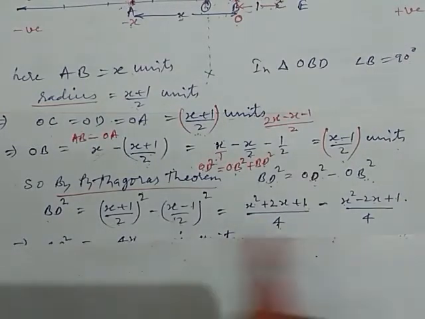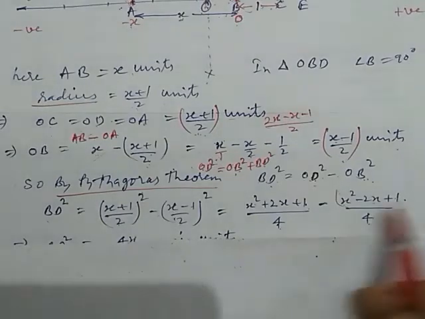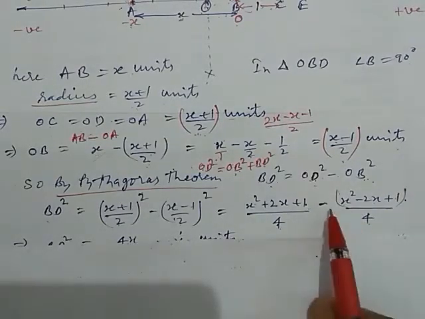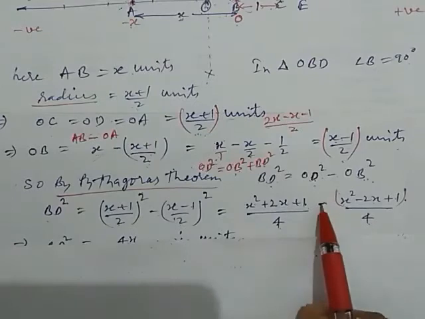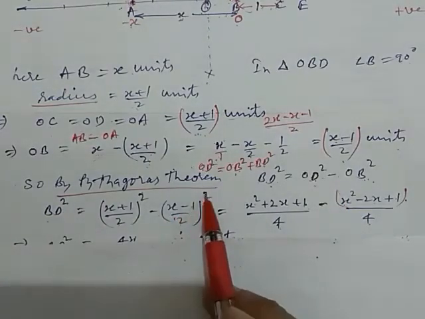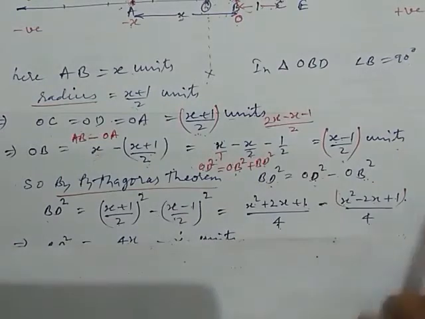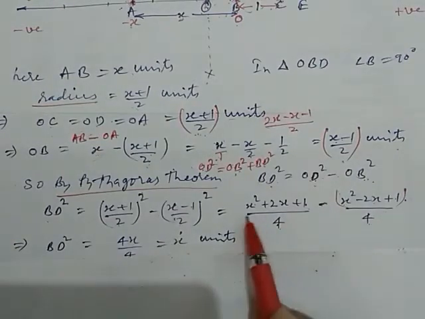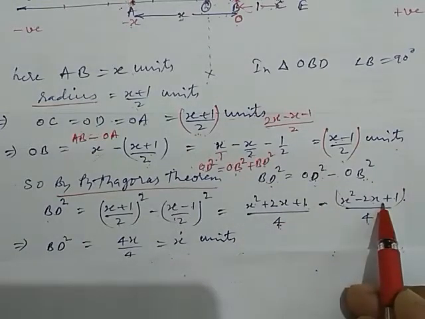And this 2 becomes this 4. Now by taking the LCM 4 and solving this, what do we get